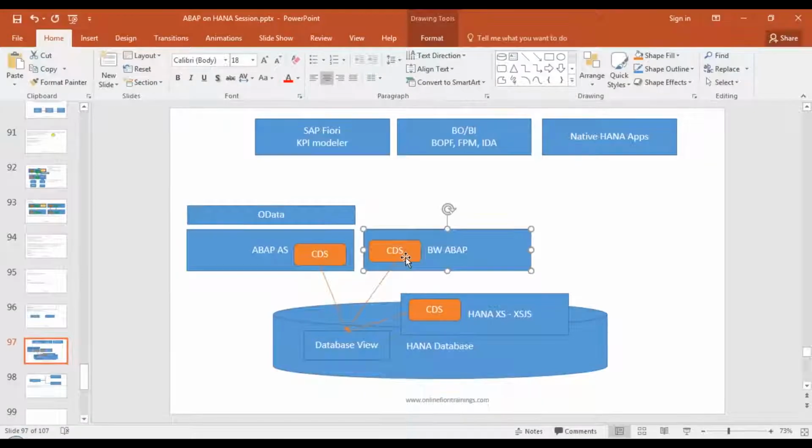When you're working as an ABAP on HANA developer, you will be creating a CDS in ABAP system using the ABAP CDS technique using ADT tools. But here you will be using, of course, the ADT tool, but you will be using the HANA modeler perspective, or sorry, HANA development perspective. So this is a completely different way.